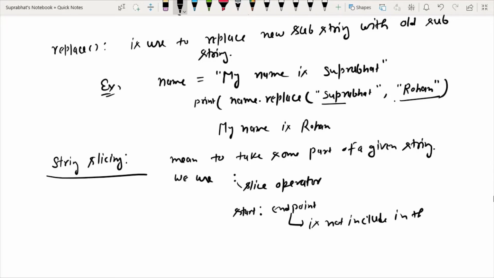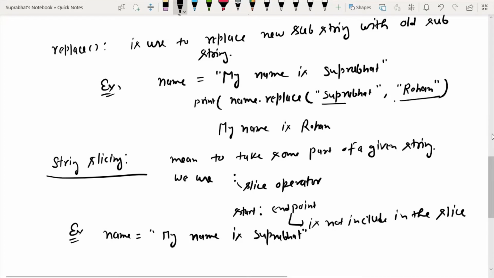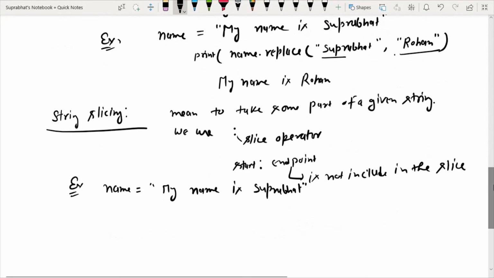So for example, suppose I have given the name, my name is Suprabhat. Suppose I have given this, and I am using the slicing operator on this string.